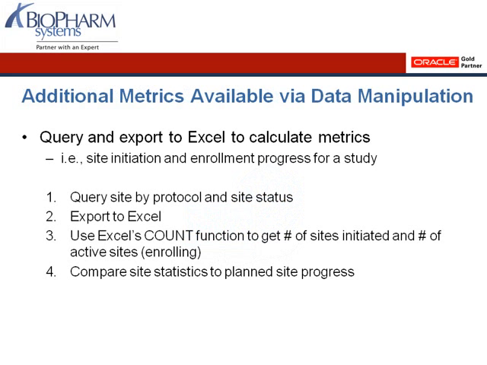So we can derive some important metrics simply by using those features and doing some data manipulation. So we're capturing a lot of information at each level. And some of that information, which is rolled up but not aggregated, can be used to derive metrics simply by, again, querying, sorting, filtering, and doing some basic analysis either within the system or in Excel after an export. So a simple example is looking at a breakdown of site by statuses. So we can look at all sites globally for a protocol and sort it by status and do automatic record counts in Siebel or do pivot tables and charts in Excel. And I'll show you some examples of that in our demo.